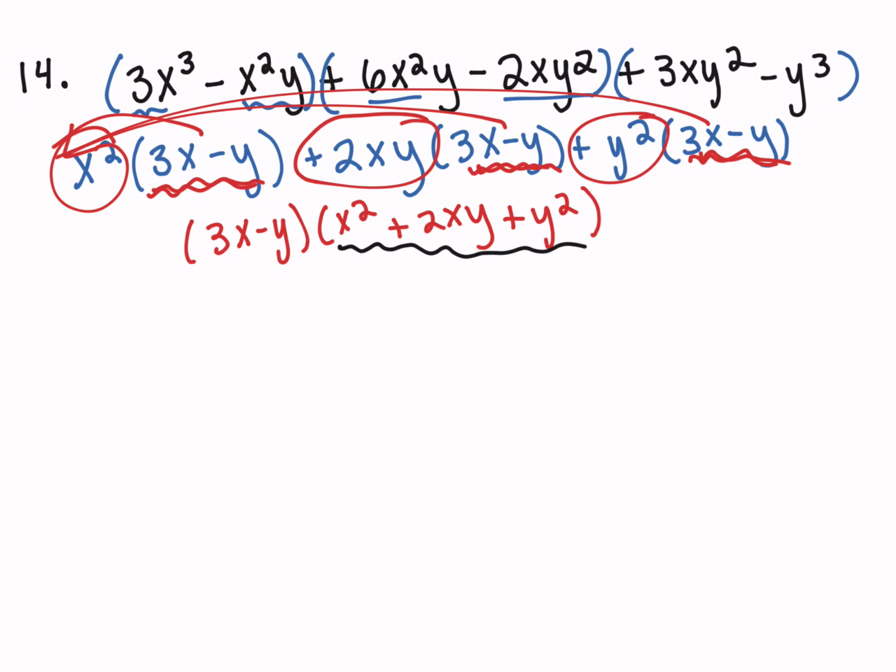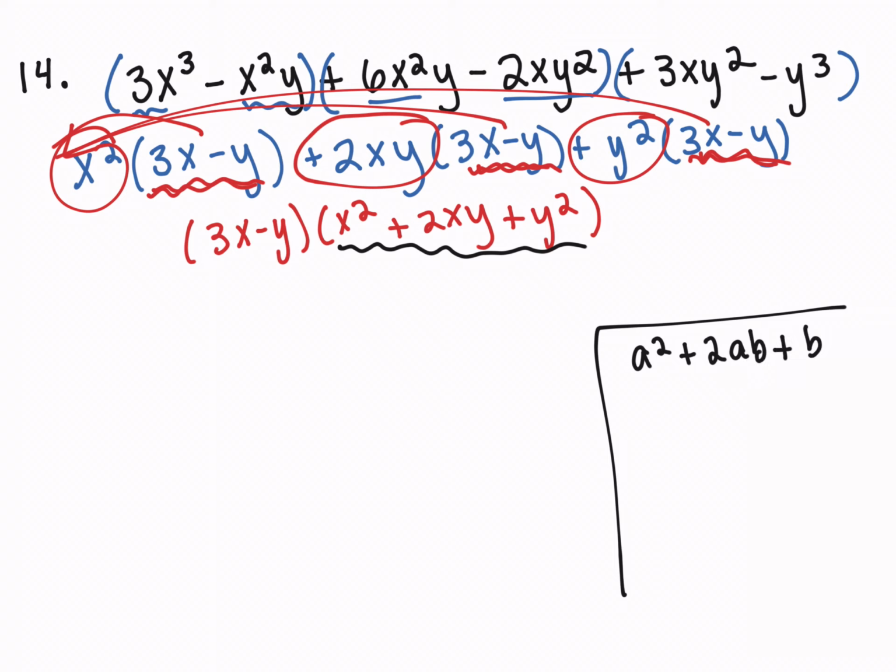So if you recall, a squared plus 2ab plus b squared factors into a plus b squared. That's actually exactly what this is right here. We almost don't even have to rearrange it or anything, but x is what we're going to use for a, and then y is what we're going to use for b. So we're going to keep 3x minus y,